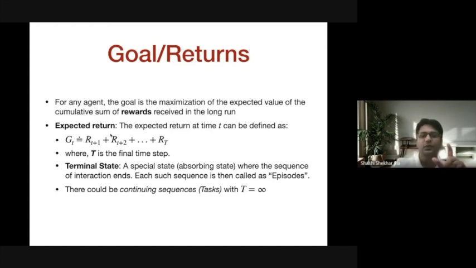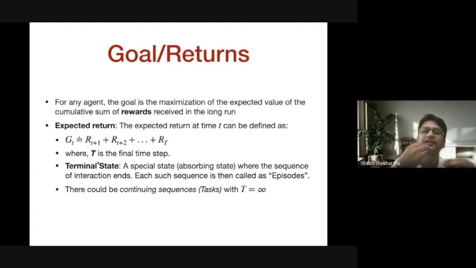Because in the same state, in the next episode, when the agent visits the same state, it may choose a different action. Returns are the sum of rewards from the current time step till the terminal state, and an expectation is involved because the agent can choose different actions in the same state. So there might be a probability distribution over the actions.